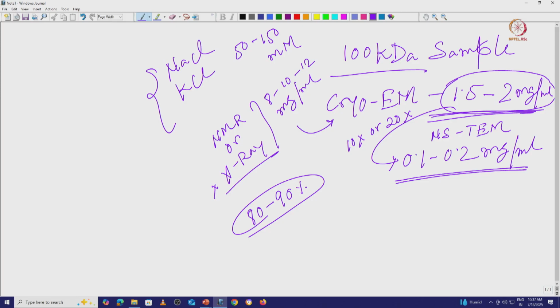The third point is that the sample will be in physiological condition all the time. The fourth point is that a small amount of sample is required, and many steps are automated, so things are really fast, and we can also try in vivo conditions. Okay, that is one point.